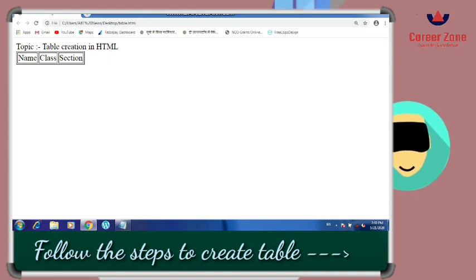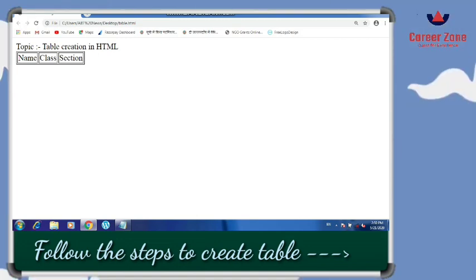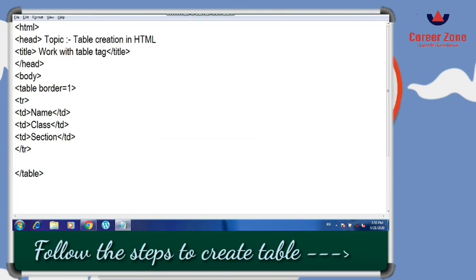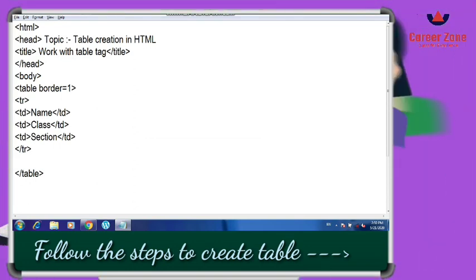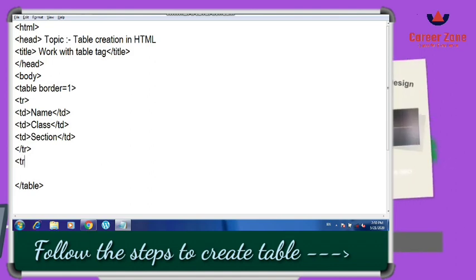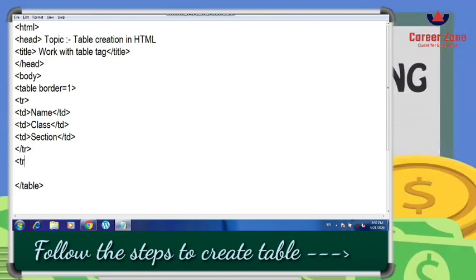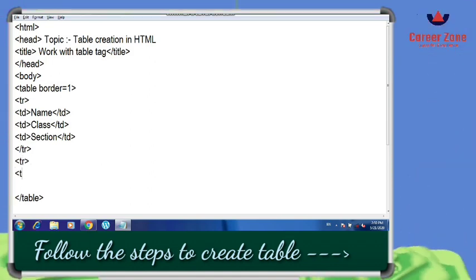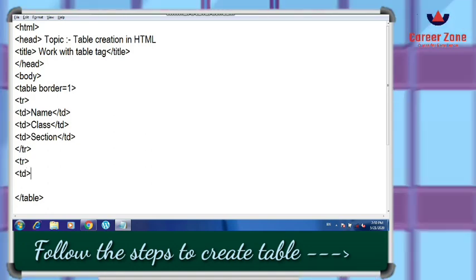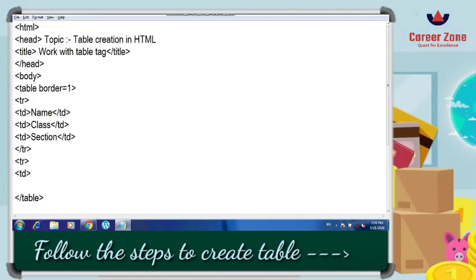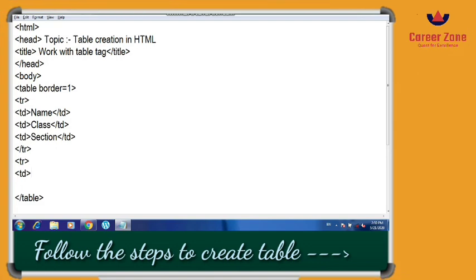Now the first row is created, and you can see that the first row and 3 columns have been created. Now if I want to enter the data within the table, I will again open the tr tag, and the second row will be created. In my td, as my first column is name, obviously here I have to write the name.